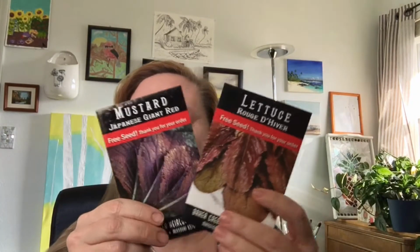It just depends. It's a roll of the dice, but everything's awesome. I mean, you get tomatoes and lettuce and radish and just whatever. They always give you a free packet of seed. Now, I've noticed a lot of things people don't like about Baker Creek. I mean, the only criticism, honestly, would be that they don't provide detailed instruction as much as some of the other people do, because they feel that